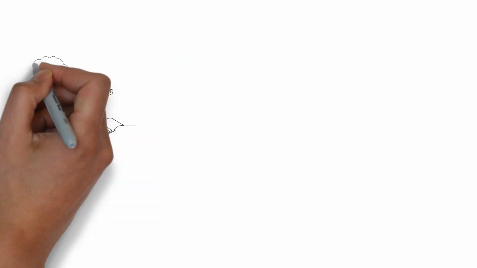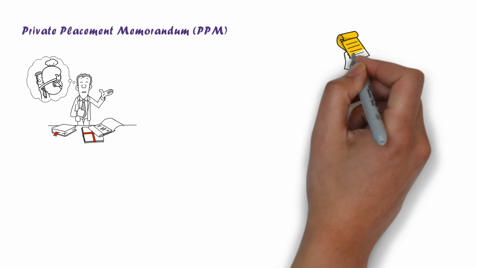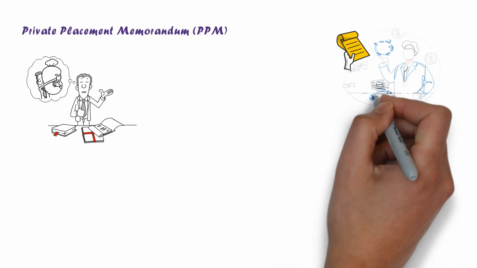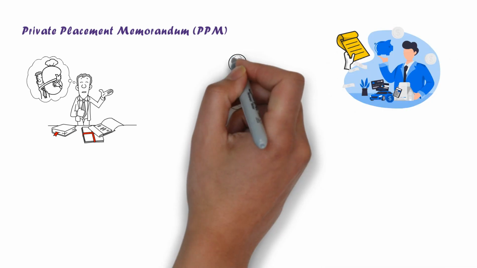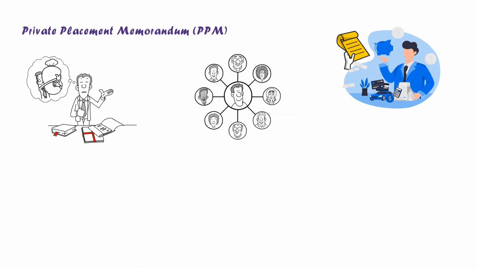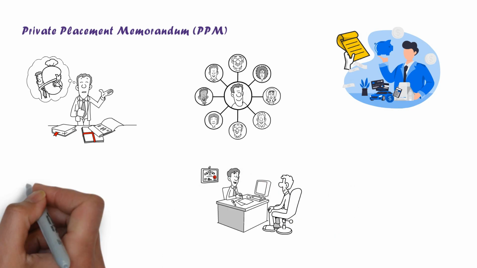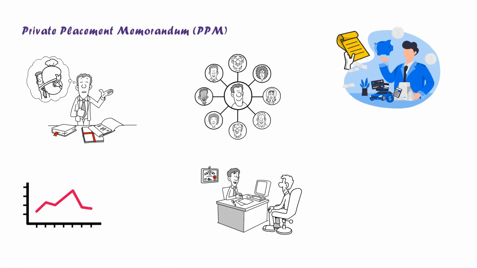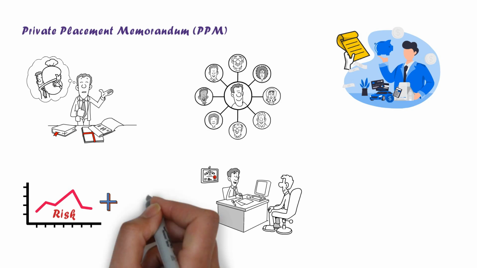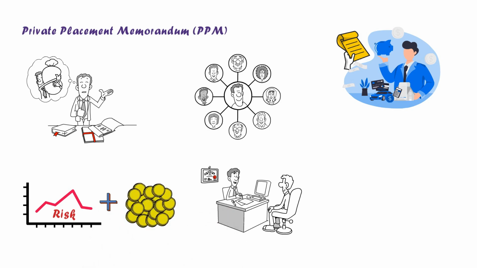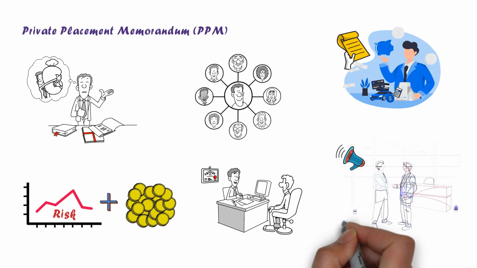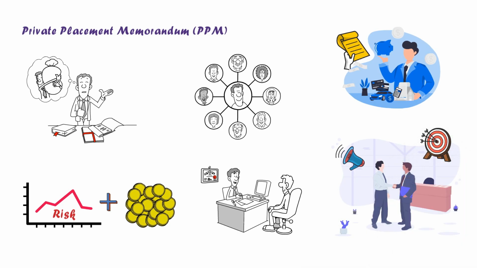The next one is PPM. PPM stands for Private Placement Memorandum. A private placement memorandum is a document that is put together by a privately held company when seeking to raise money from investors. The PPM is designed to illustrate and disclose the structure of the investment terms. It also outlines the risks and potentials that come along with investing in the security. Additionally, the PPM document can be used as an opportunity to convince potential investors that the security is worth buying.